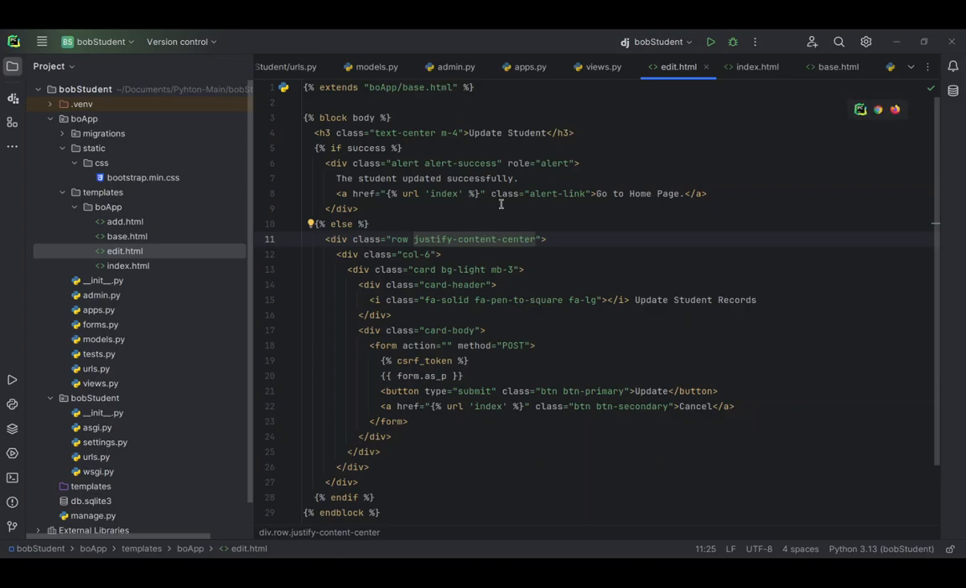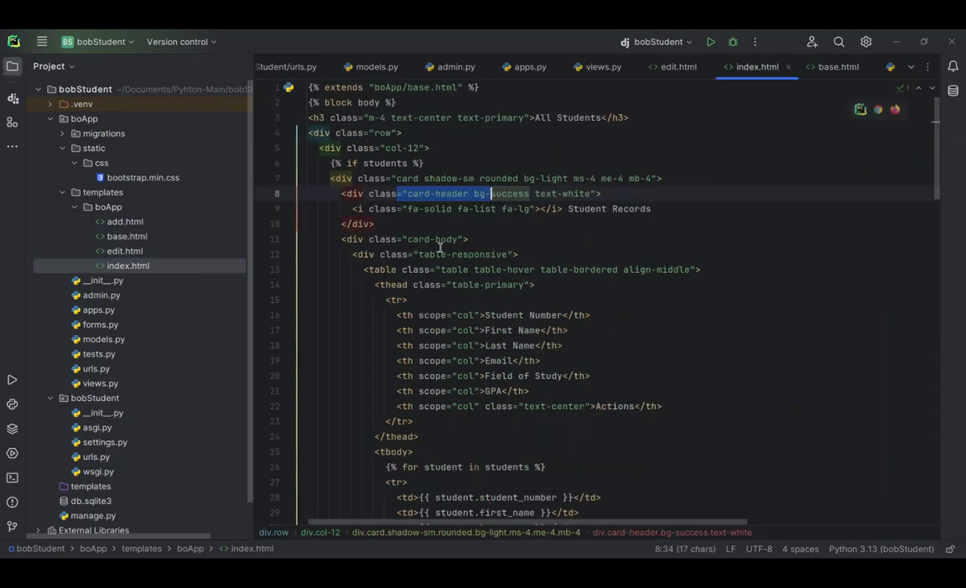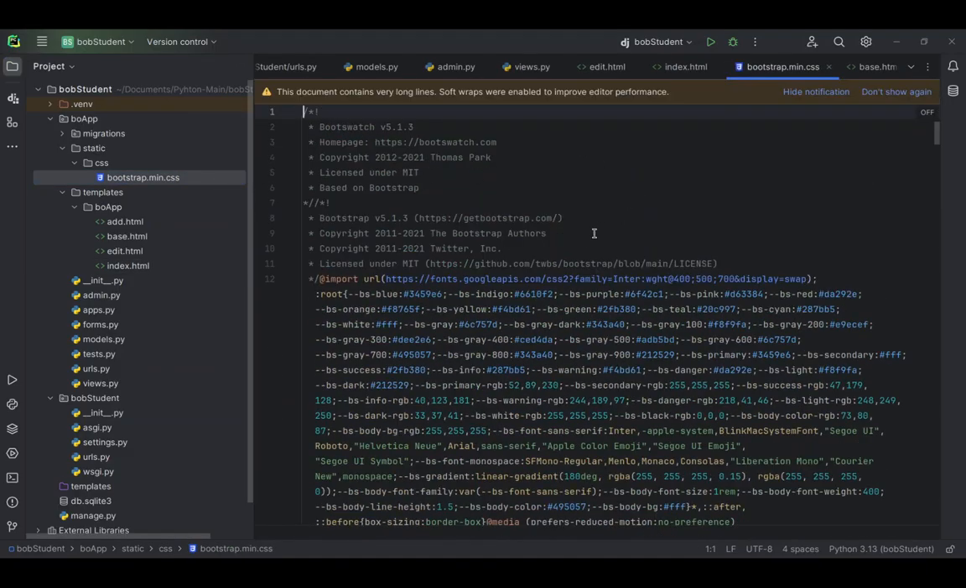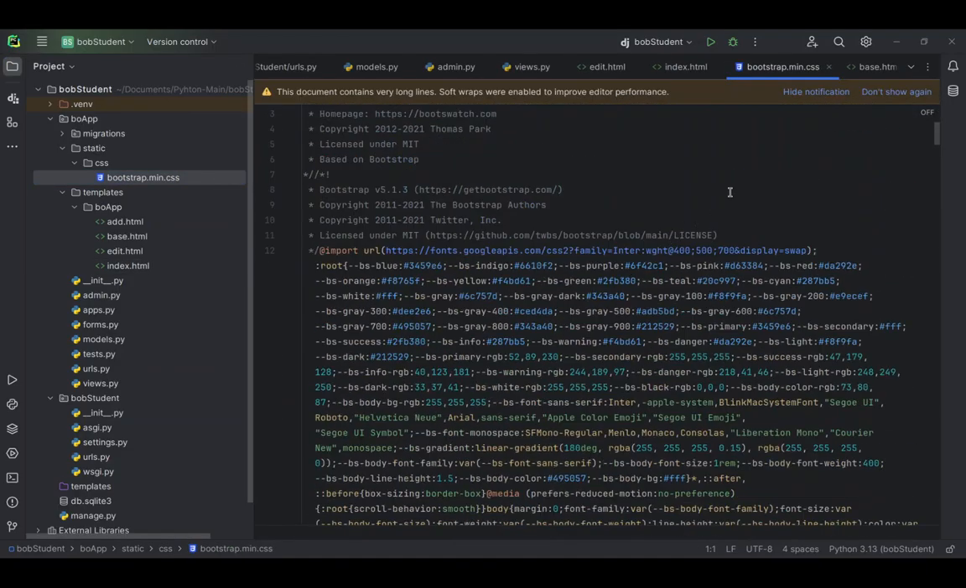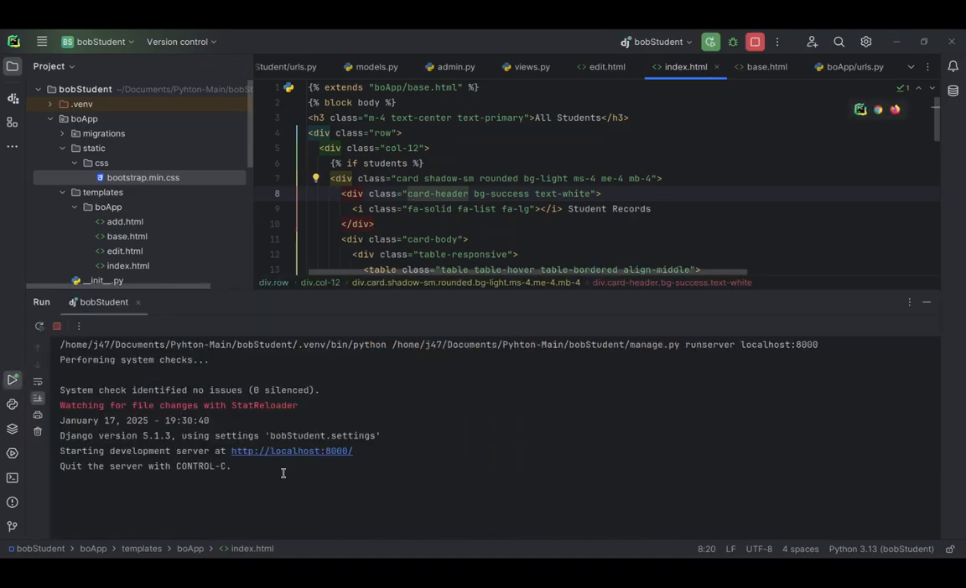Here you can see that I have used Bootstrap. In the base.html or the index.html, you can see that I have used Bootstrap. You can also see the CSS file I've used for Bootstrap. Now if we see the project live, we can understand the functionalities